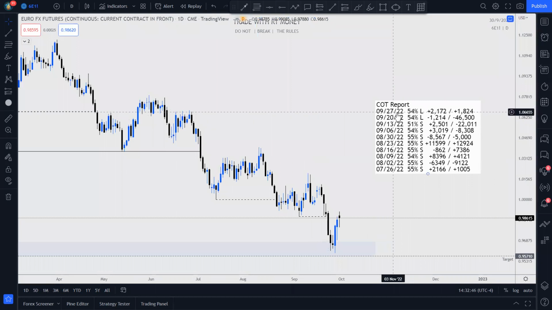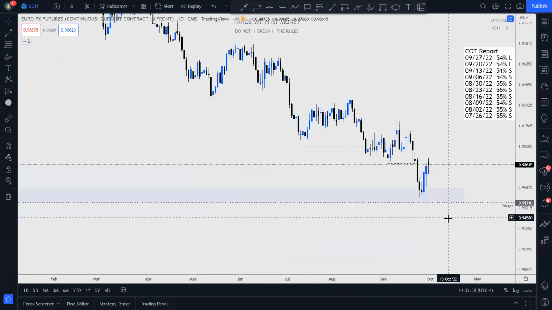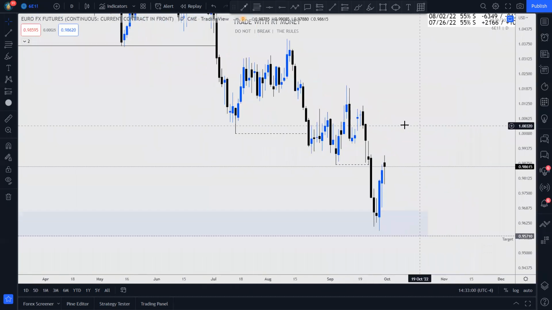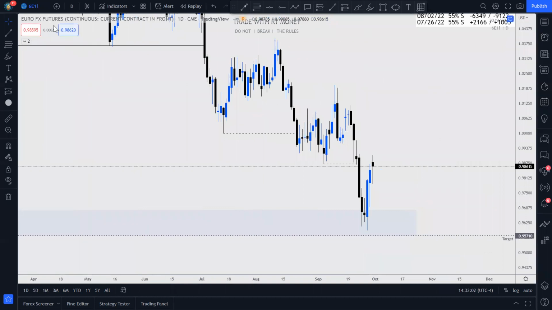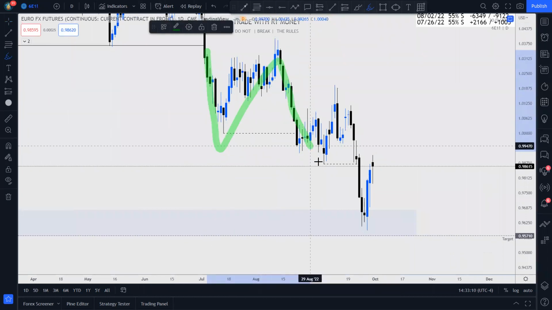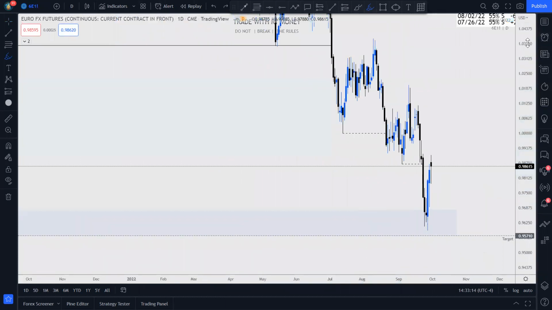Euro, you can see according to the COT report that 54% of the banking institutions are long. All right, and they've opened up almost an equal number of longs and shorts. Not a whole lot you can get out of the COT report there, but let's look at the strength of the euro. Let's look here, right? You can see price is just making lower lows and lower highs. It's weak, right? No doubt about that.